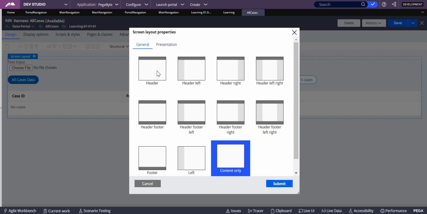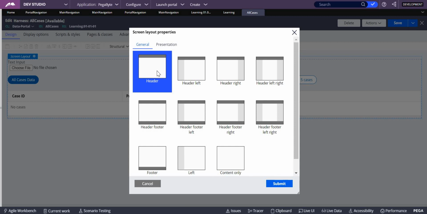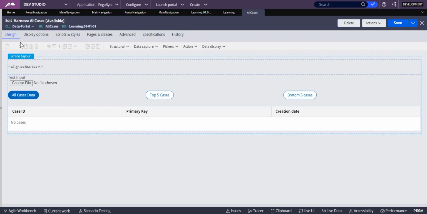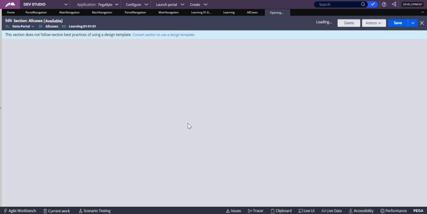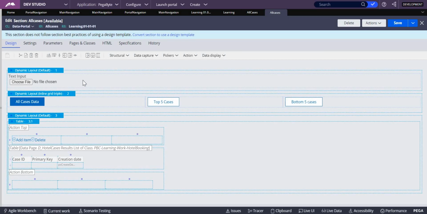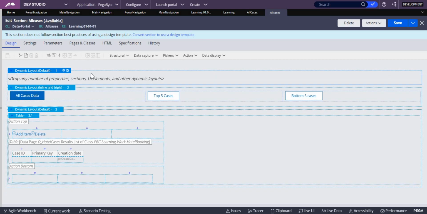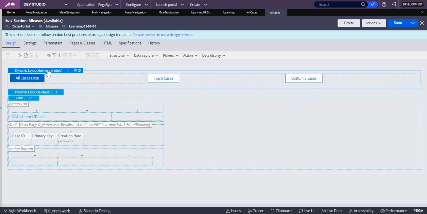So you want a header, and then you want all case data. Yes, you can change it like this. Okay, so you got something like a header. Open the case. So this is a section which we have. Actually I was working on another video exercise, so that was added. Now I do not want it. All these things I have already told you in the previous video. You can just go through the previous video. So that is about this one.